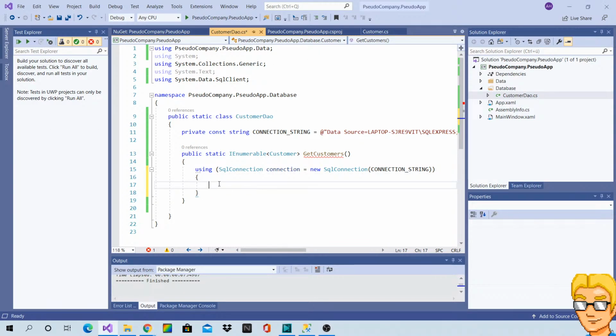Gosh, I haven't used ADO.NET in a while. So let's go ahead here. I think I have to create an SQL command where I have to pass the command text. Yeah. So